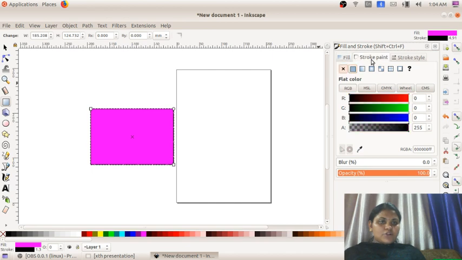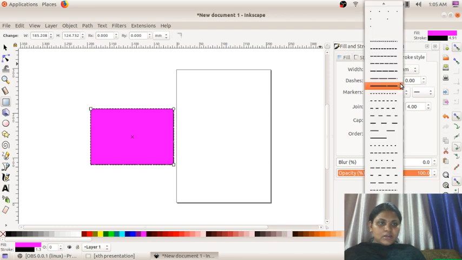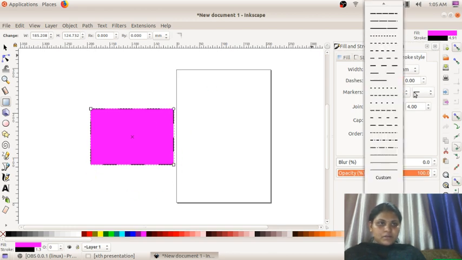Another one is stroke paint. Stroke paint means the outline paint of the object. So here when I took stroke style, for dashes I can give this line. Okay, for the background, or else I will give this line, I will give a straight line.